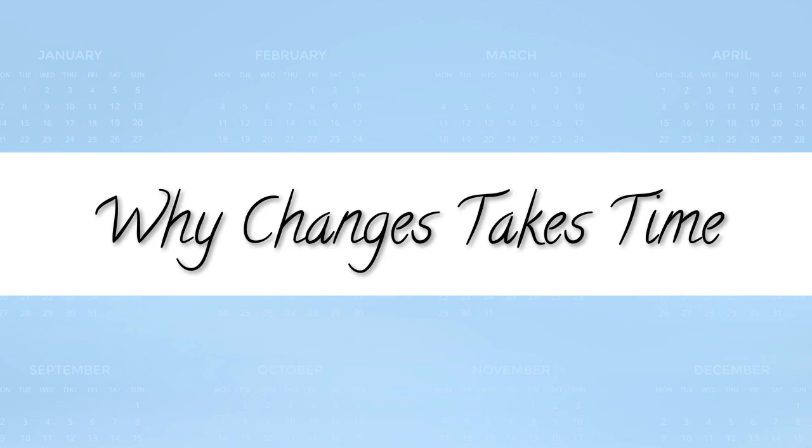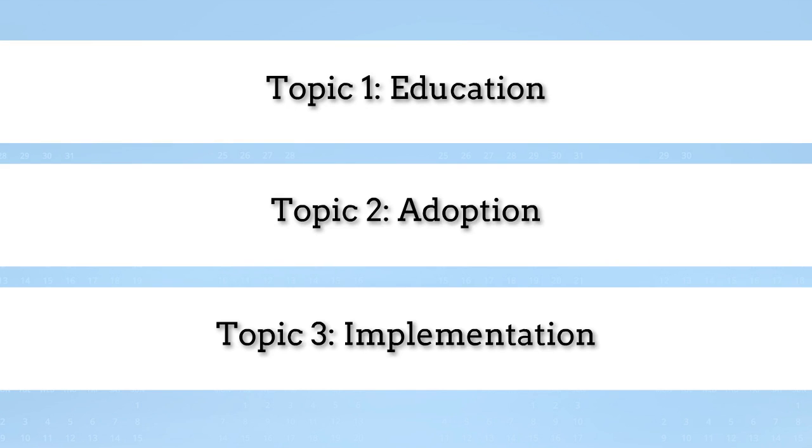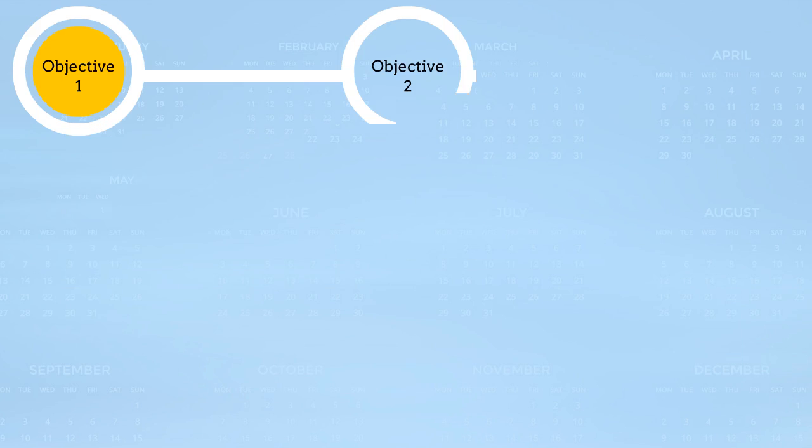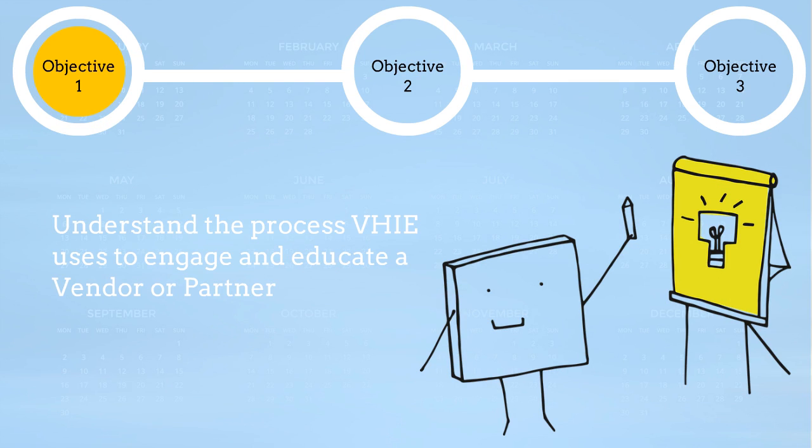Have you wondered why changes take time when you've reported issues that need to be addressed by a VA partner sending data? In this short video, we'll talk about education, adoption, and implementation to help you understand the process of software change from beginning to end. We will help the viewer understand the process VHE uses to engage and educate a vendor